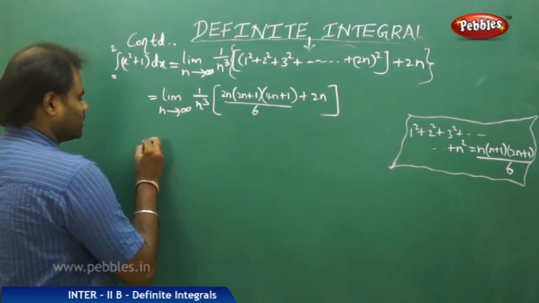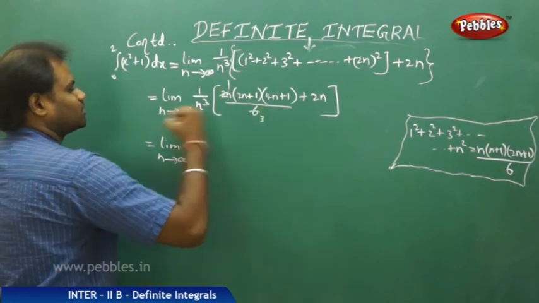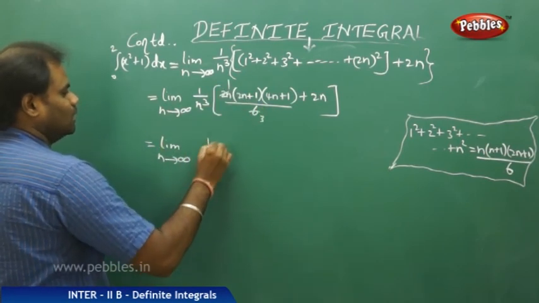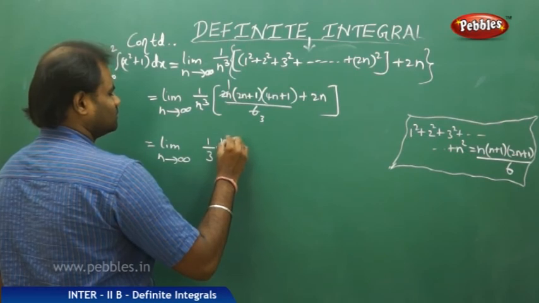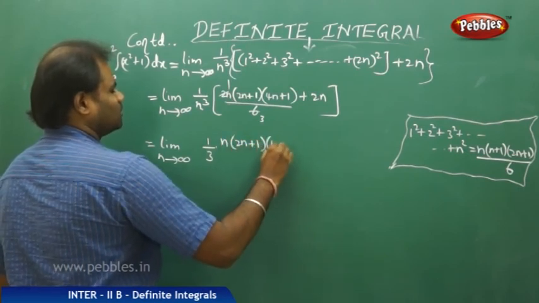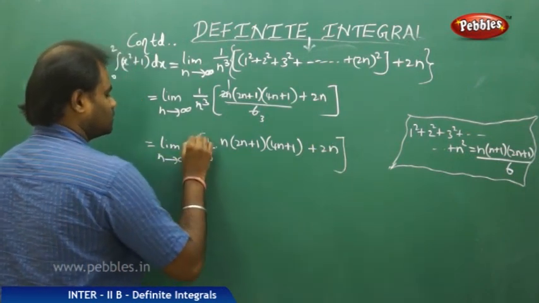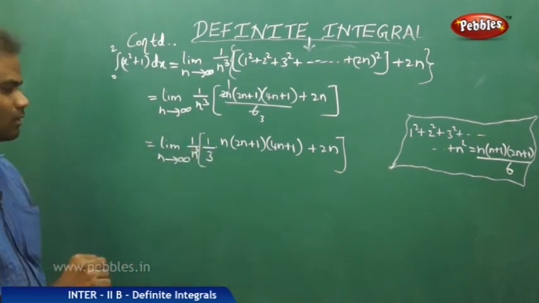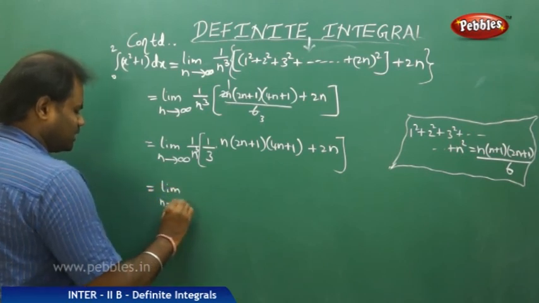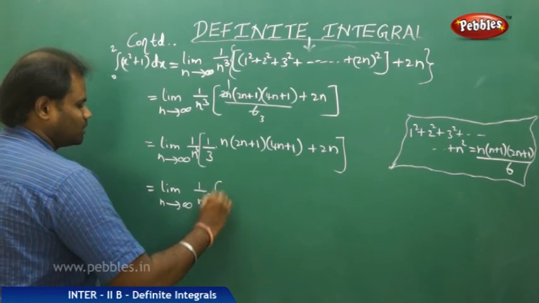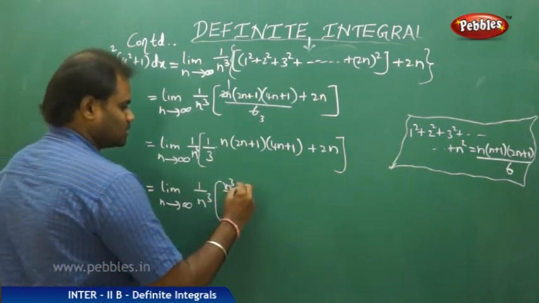Now this, on further simplification, gives the limit as n tends to infinity of 2 by 3, that is, 1/3 of n (2n plus 1)(4n plus 1) plus 2n, of 1 by n cubed. Now this n cubed is taken inside, but before this we have the limit as n tends to infinity of 1 by n cubed times 1/3. When n is taken common out of this, this can be written as